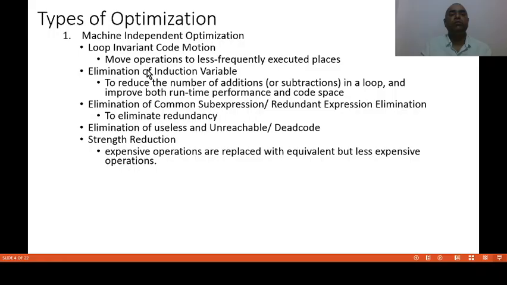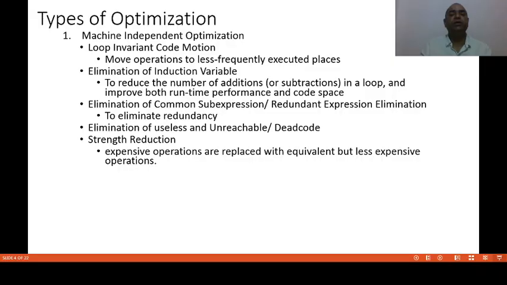It means moving the operations to less frequently executed places. The example is like this. Suppose we have written code inside the loop, but the value of that code is always the same. So we can put that code outside the loop if it does not change the meaning of the program.